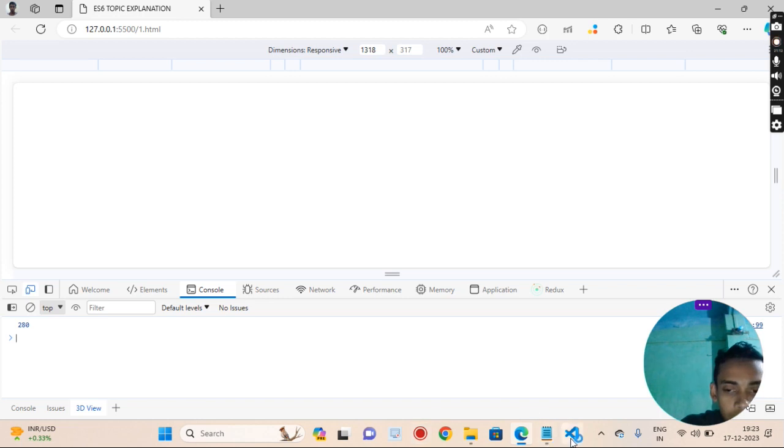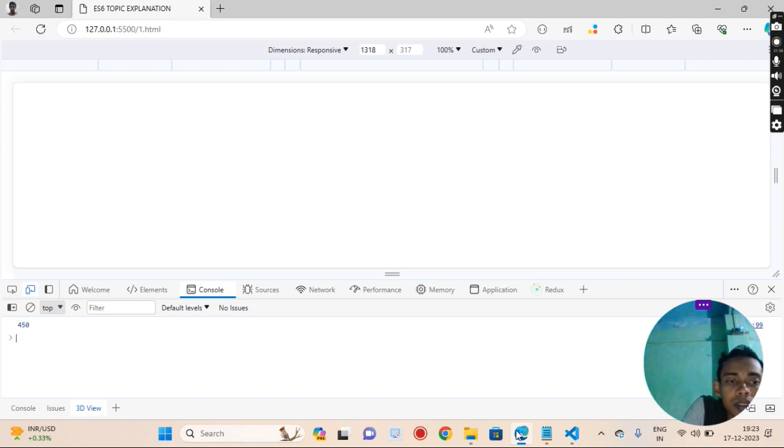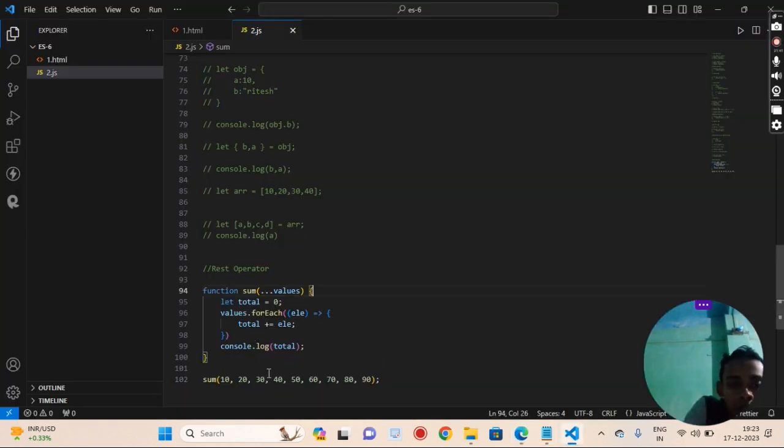We can see the total is 280. And if we want, we can give more numbers like 80, 90. So basically it does not depend upon the number of variables we give. In the previous methods, we have to give as many arguments as the variables we have, but here there is no limitation. We can give as many values inside the argument as we can. So that is the main advantage. And we can see the total. So the next topic is